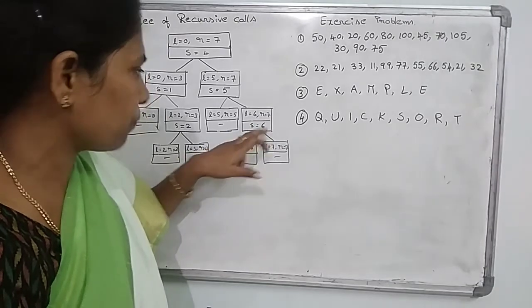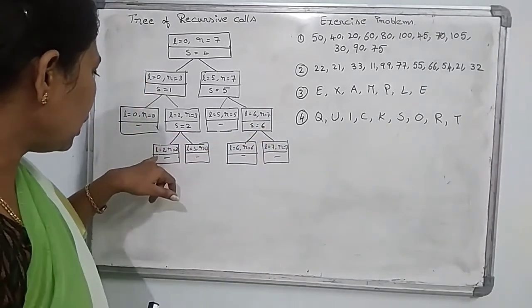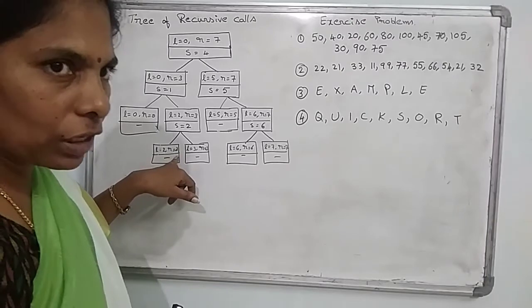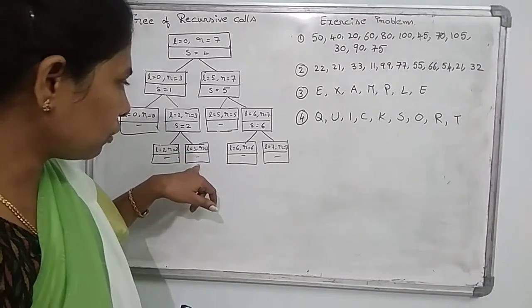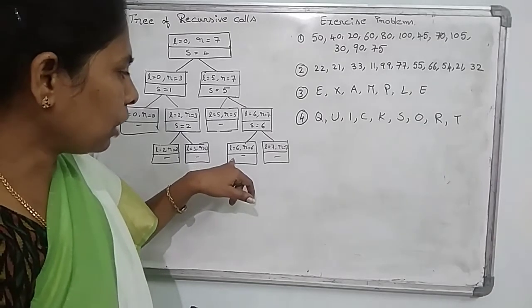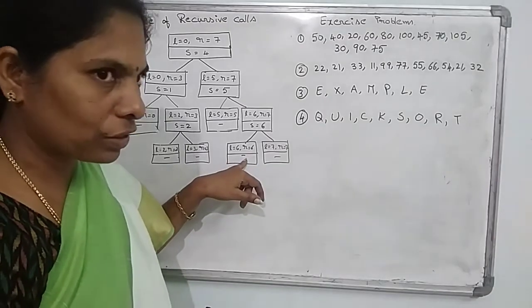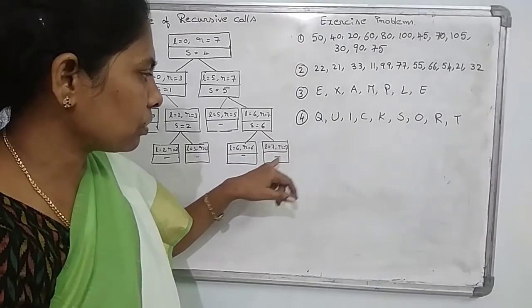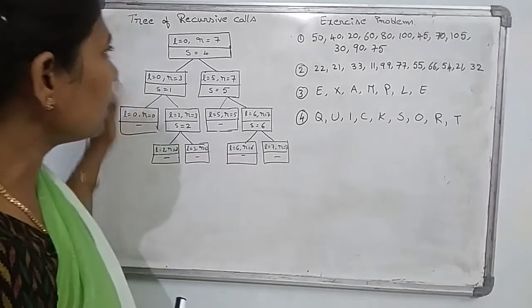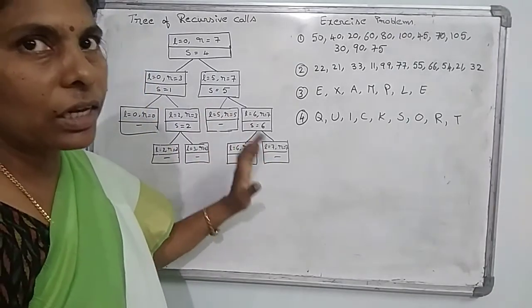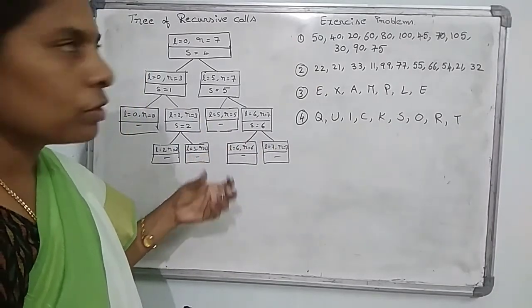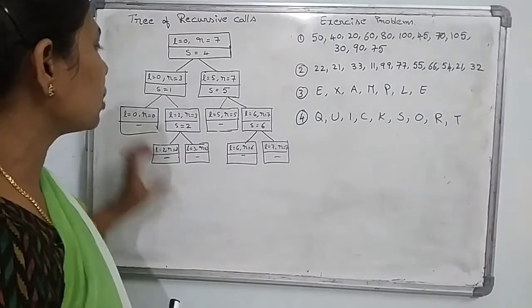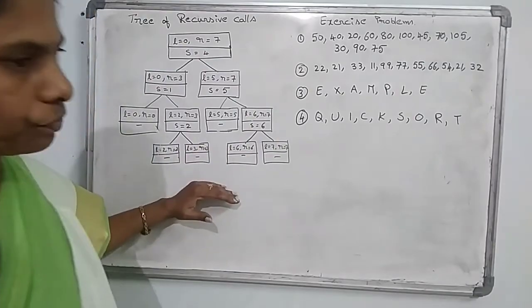So in that L equal to R, you are having only one element, there is no split position. L equal to 3, R equal to 3, there is no split position. L equal to 6, R equal to 6, there is no split one. L equal to 7, R equal to 7, there is no split position. So in that tree you can identify what is the array element, what is the size of the elements, where you are having the split element. So this tree is called the recursive call tree of the quicksort.